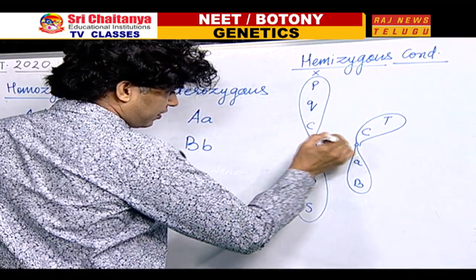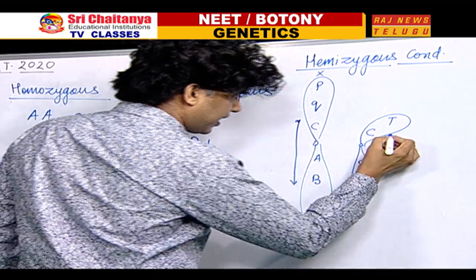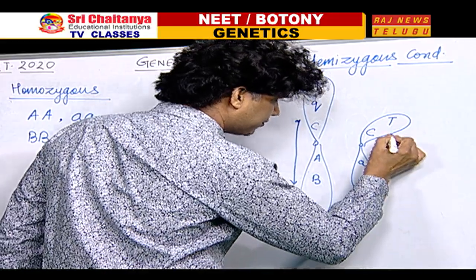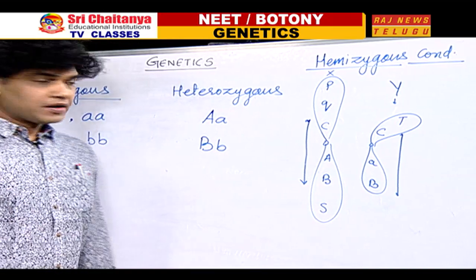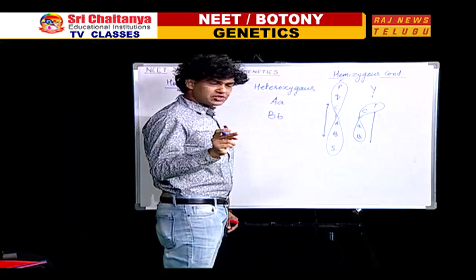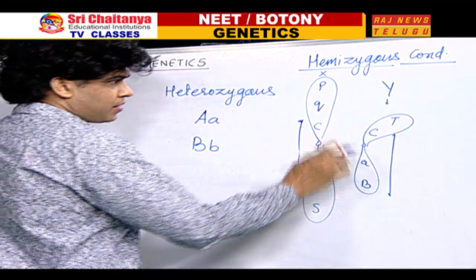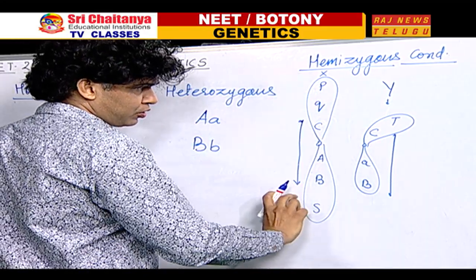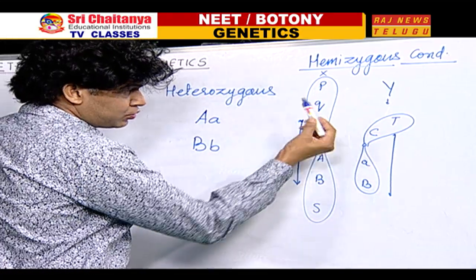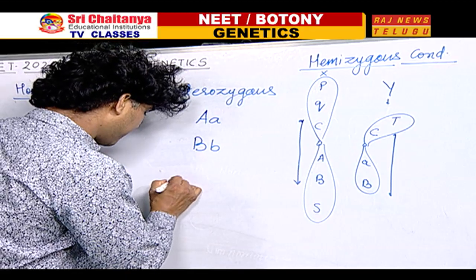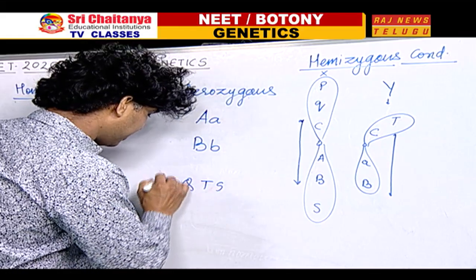You must notice that this part of the X chromosome and this part of the Y chromosome is associated with the common locus and common type of gene. It means this portion is the homologous portion, but this is a non-homologous portion, this is a non-homologous portion, and this is also a non-homologous portion. So these genes P, Q, T and S,